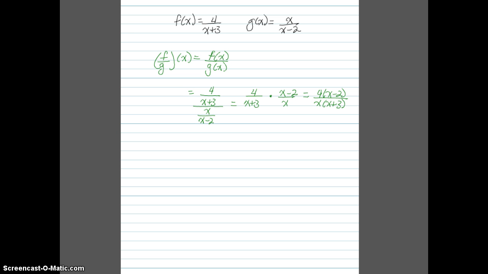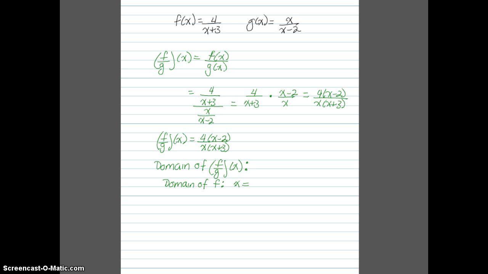Now I'm not going to multiply, I'm going to leave it in factored form because that will help me to find my domain. So once again, let's just write the quotient, which is 4 times x minus 2 divided by x times x plus 3. Now we're looking for the domain. First we'll find the domain of f and the domain of g separately, remembering we want to intersect those two domains once we find them. So for the domain of f,